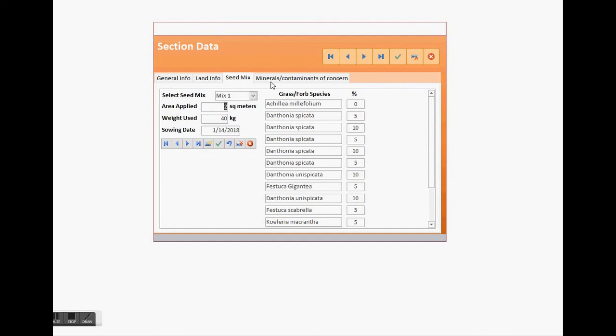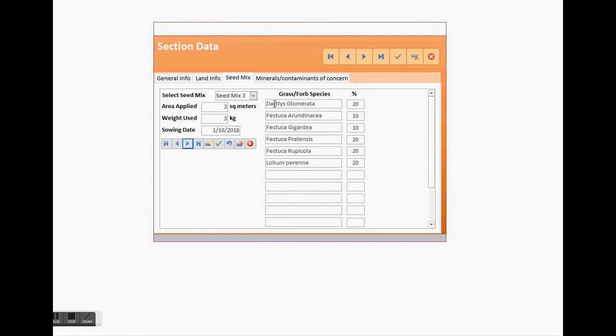There's a different screen I'll show you in the next videos, where the seed mixes are created and we can calculate the percentage and the seeds per kilogram, or how many kilograms should be applied over a section area. I'll show that in the next videos, but here we can see the seed mixes that were applied for every site, every section,